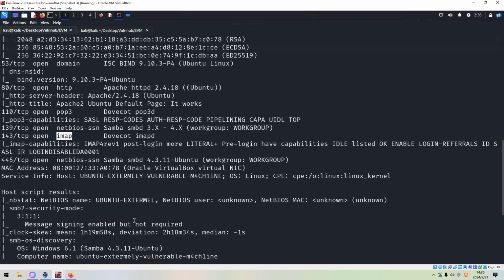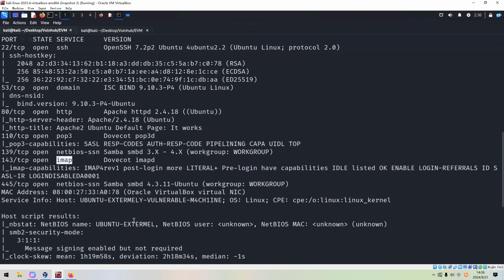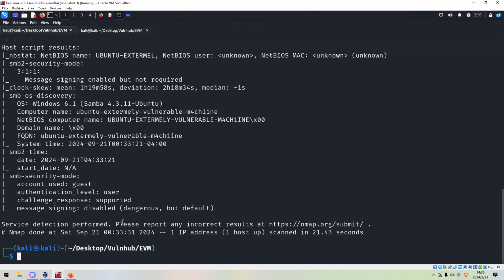Okay, so what are we going to do next? As I mentioned in the other videos, if the target has a file sharing service running, like FTP service, like Samba service, like the NFS service, such a service should become the first choice to enumerate. This case would be the Samba service. However, the question is how to enumerate the Samba service.